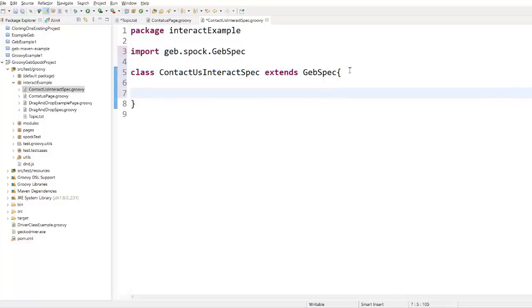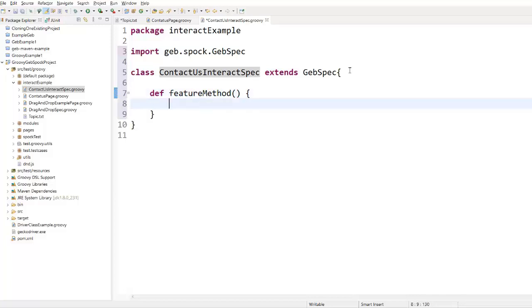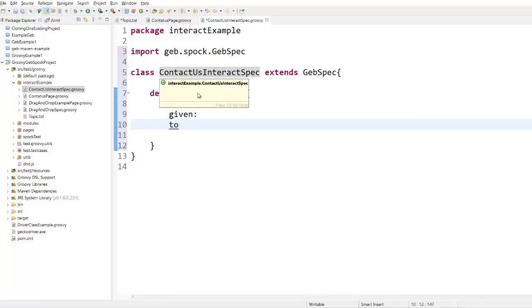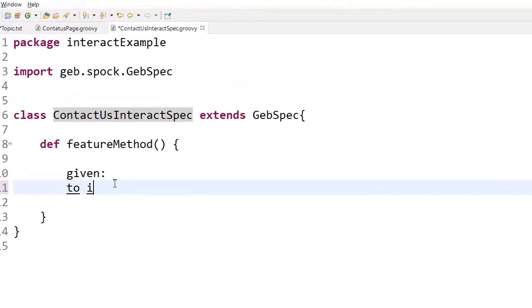Now let's add the feature function. This is the feature method, because every spec class is going to have at least one feature method. I'm adding one feature method, and within this we need to provide given, when, then blocks. Here I'm providing given, we are at the contact us page, so I'm writing interact example dot contact us page.